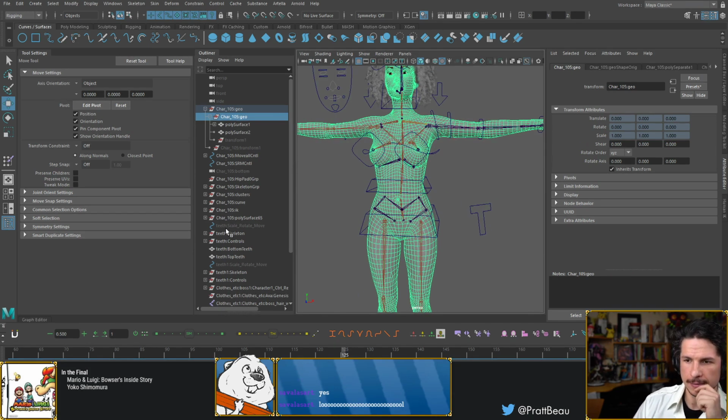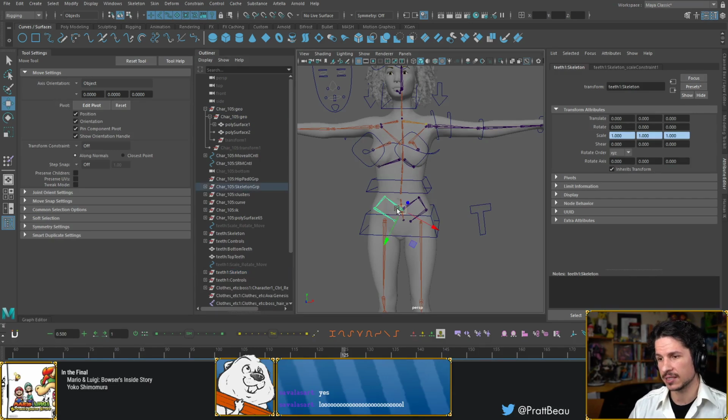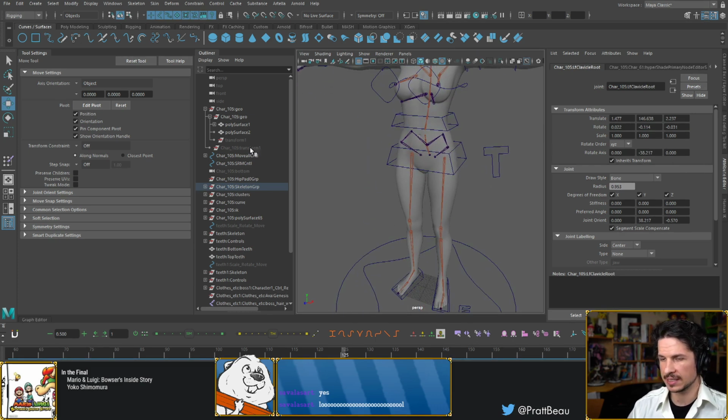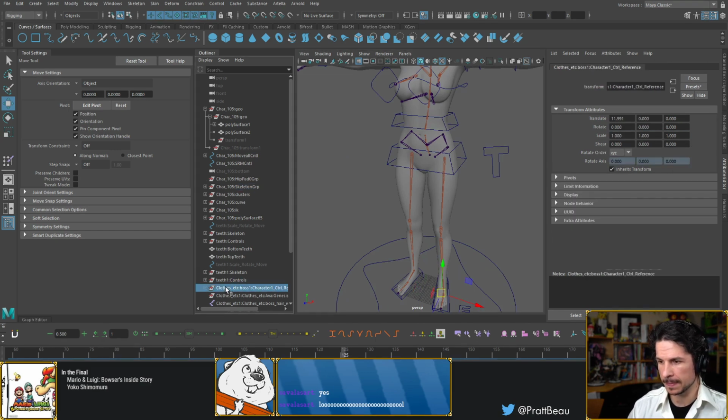Because with the rig setup here, I can't just do a normal skin because all of the joints are separate. So it's not just going to be a matter of doing a straight skin like I did on the last one. Instead,